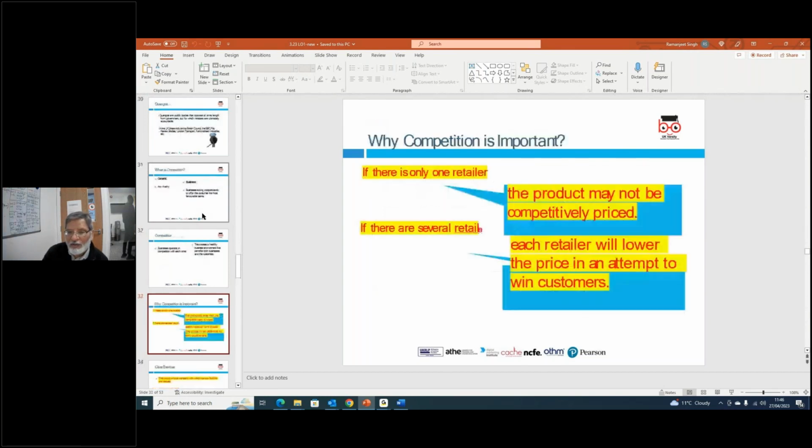Okay. So why is competition important? It's because people want to get the product. People want to get a service which the other person or the other organization doesn't have. Why is it important? It's important because